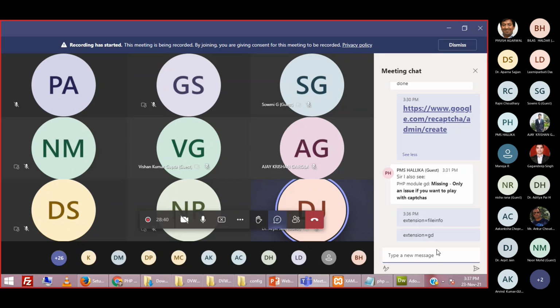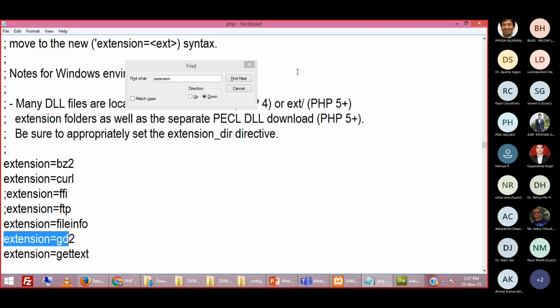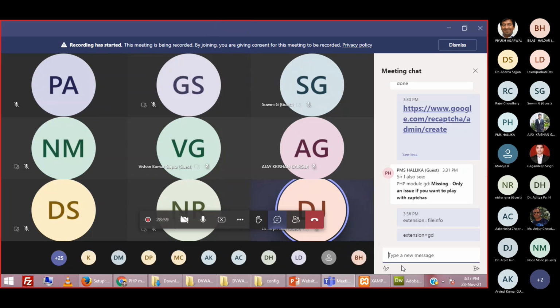Once it is done, you can restart your Apache and check whether this error is resolved or not. Please let me know once it is done. Yes, ma'am, have you completed this?